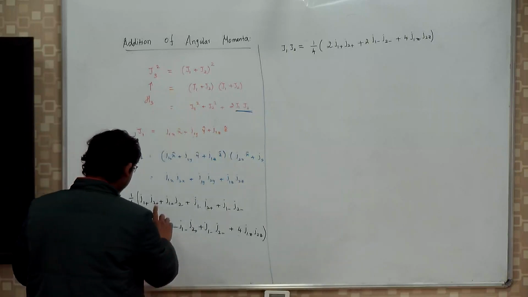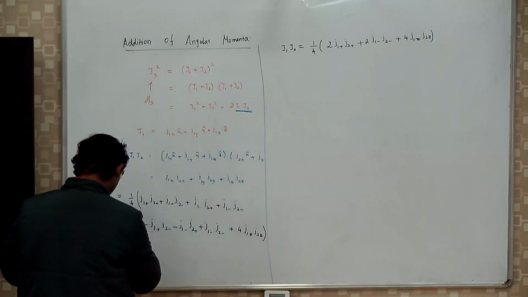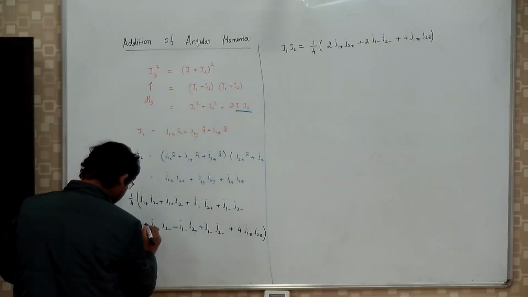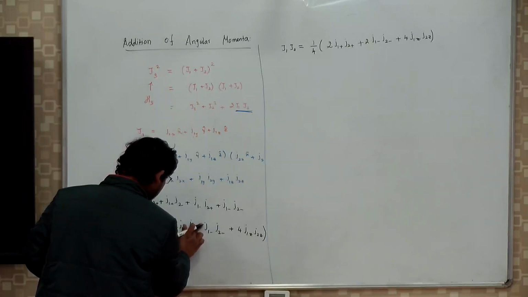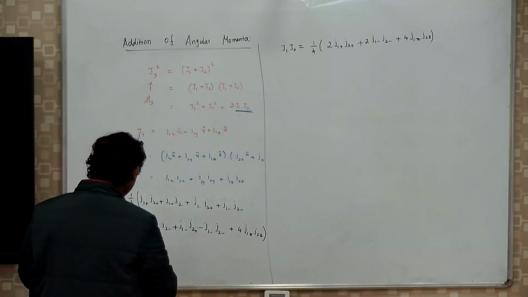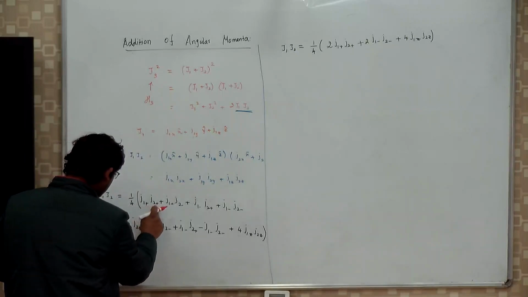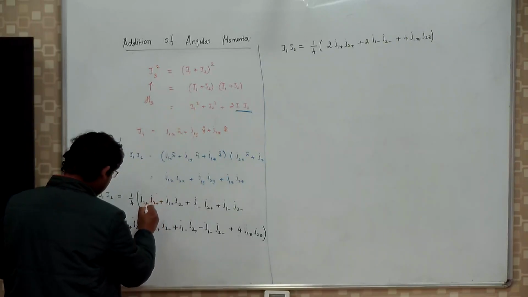So here this will be minus sign, plus, this will be negative sign. If you look here, J1 plus J2 minus and J1 plus J2 minus get cancelled,